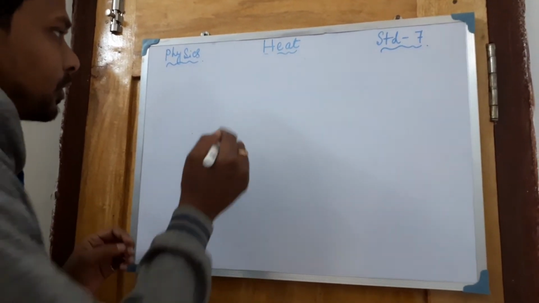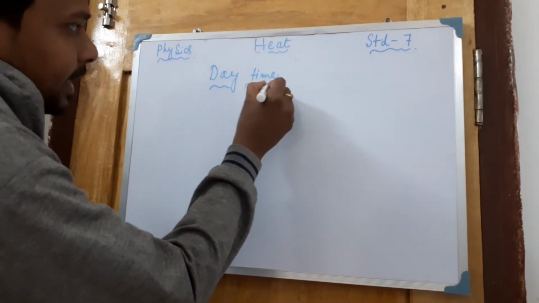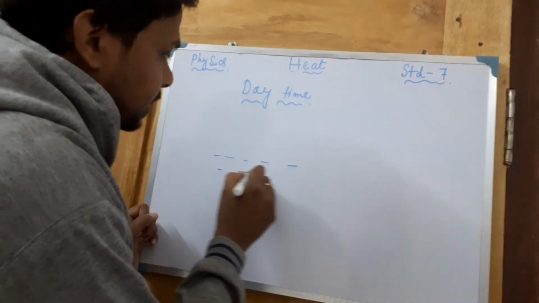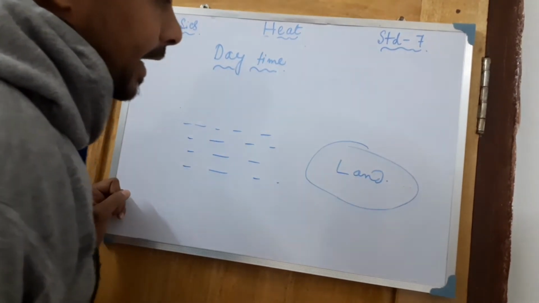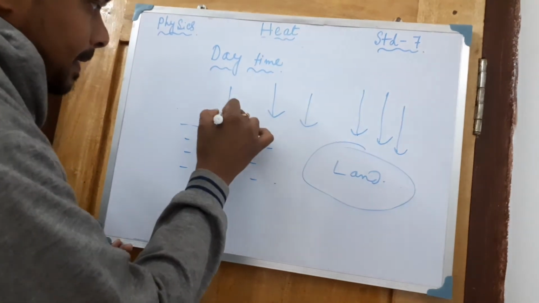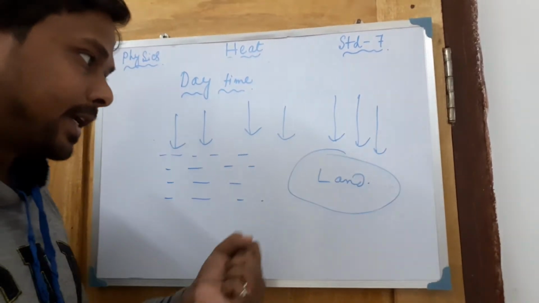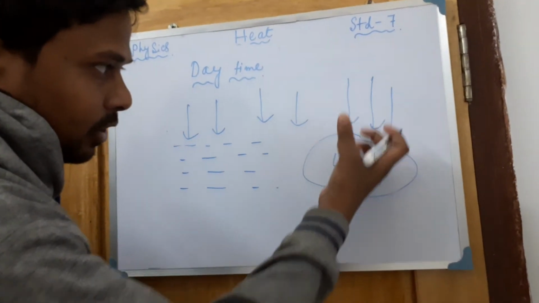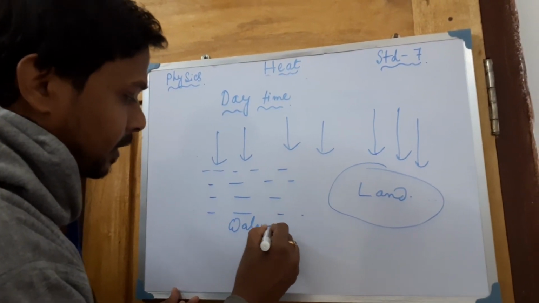Suppose you are talking about the daytime, then at this particular time the sun is present. Suppose the sea is present here, and here maybe the land is present. Now what will happen? Sunlight is continuously falling on this, but we all know that the land is getting warmer faster, because sand can collect all the heat energy very quickly and radiate the energy quickly also. So it will take all the heat and get warmer faster than the water here.